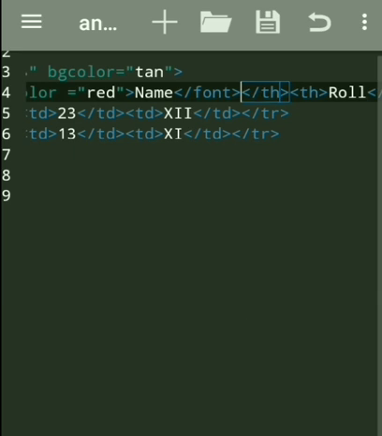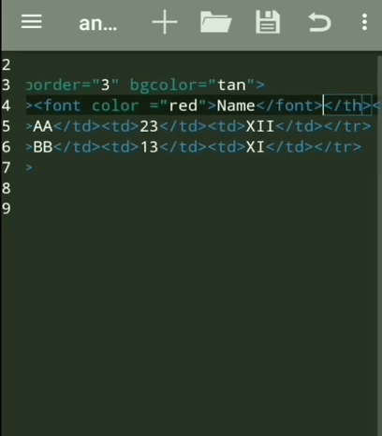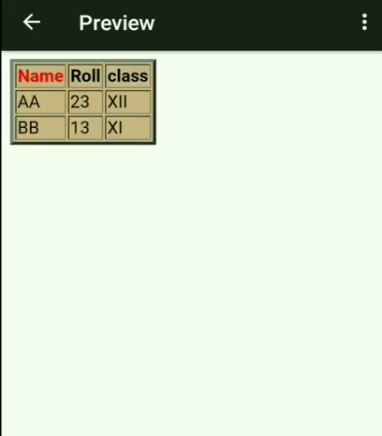You see here, this font tag is applied only to the heading element, before and after, within the heading tag. Only if you use the font tag this way will it be affected. You see, the name is changed. I have not given the other font colors, so that's why only the name has the effect of color.